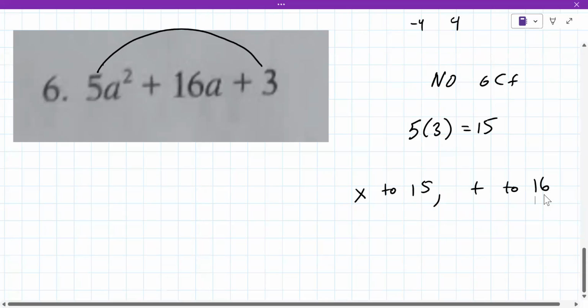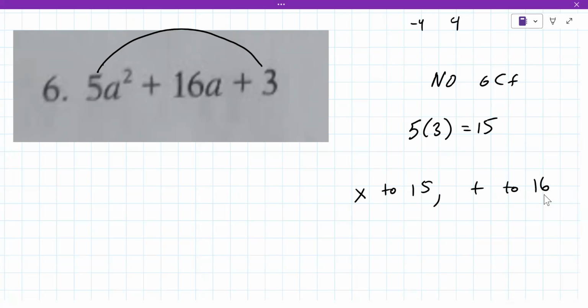I have those numbers. 1 and 15. Is that your answer? I wouldn't say we're done. Well, does that add to 16? It does. Okay, so now it's 5a squared, and what we're doing is we're breaking apart the 16a into